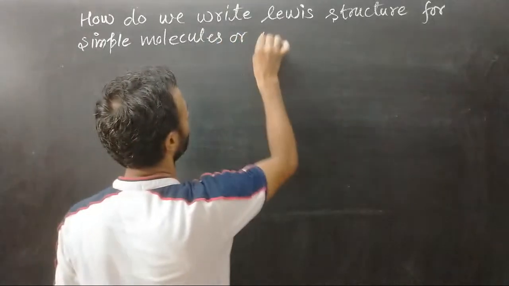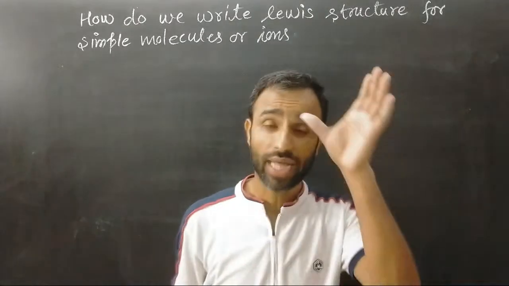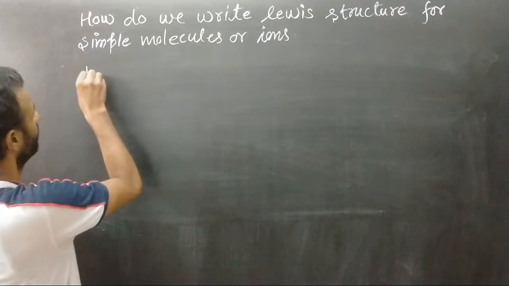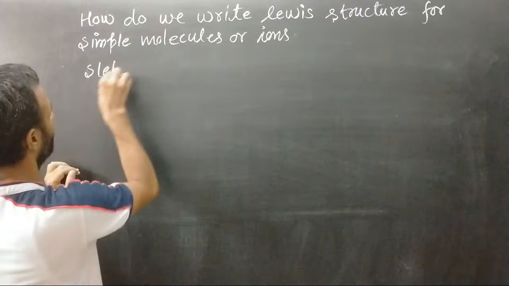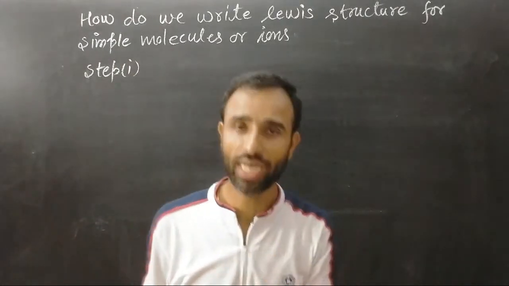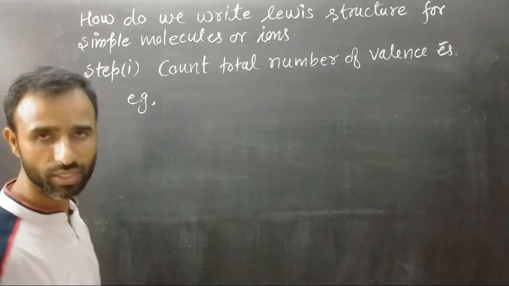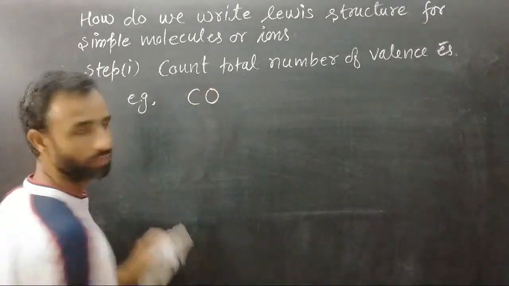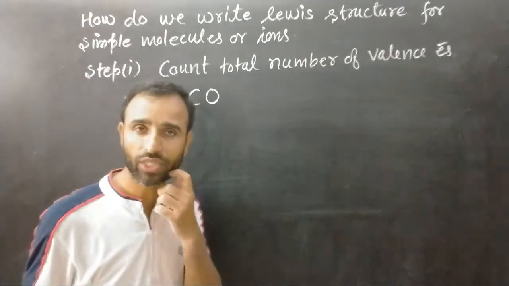Molecules or ions. What are the steps involved? That I will explain to you now. First step is to count the number of valence electrons. For example, let us take the case of CO. In CO, the total number of valence electrons is